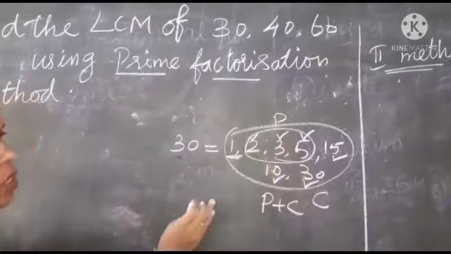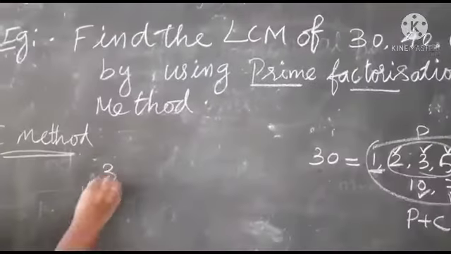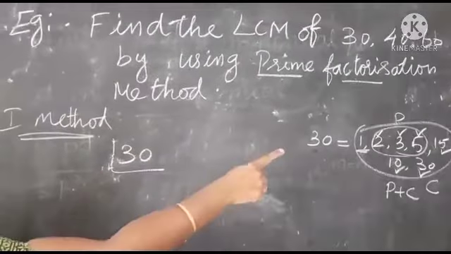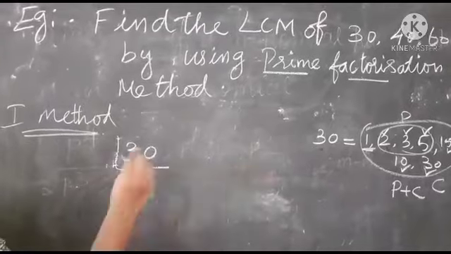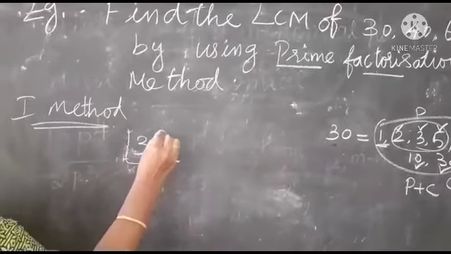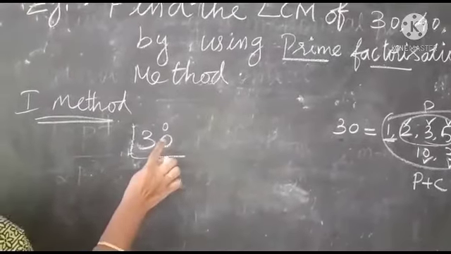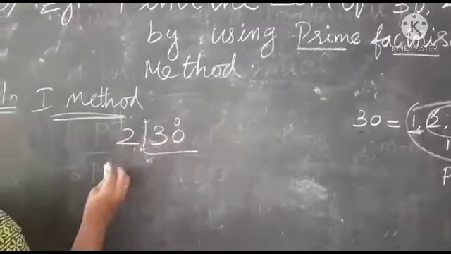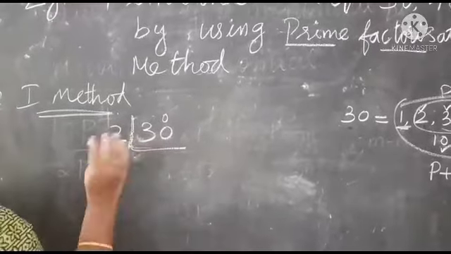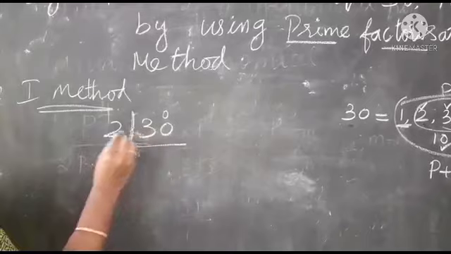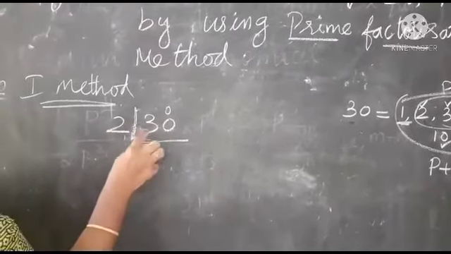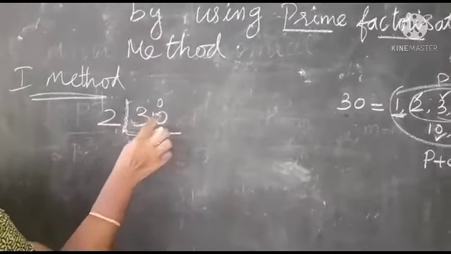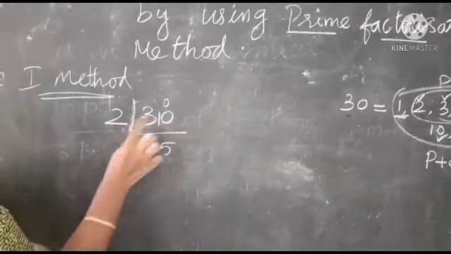Let us see the sum, children. See here. First we write the 30. So that also we consider the smallest prime number. See the ones place number. It is a 0, an even number, so the factor will be 2. This also you have to write. Next, in 3, how many 2s are there? 1 2s are there, and then remaining 1. 5 2s are, and then how many 2s are in 10? 5 2s are 10.